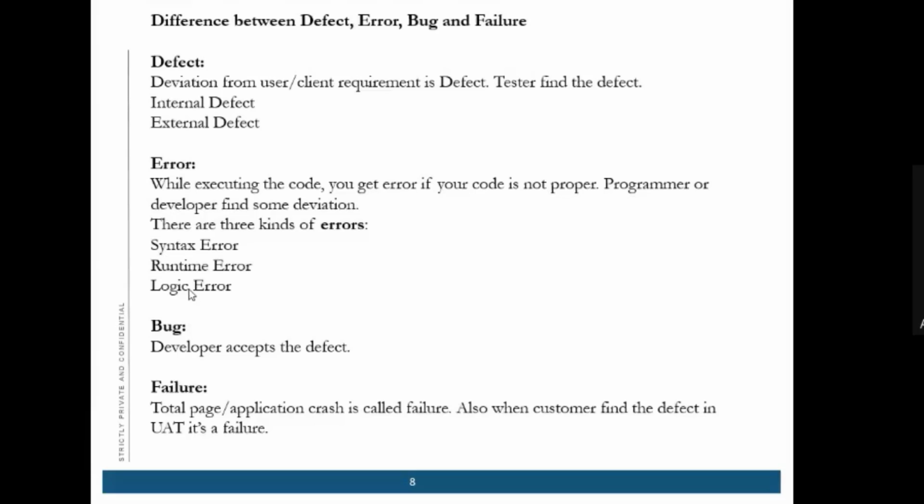A defect is a deviation from the user and client requirement. Usually a defect is detected by the tester while doing the testing. There are two types of defect: internal defect and external defect.